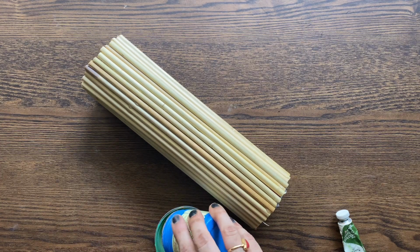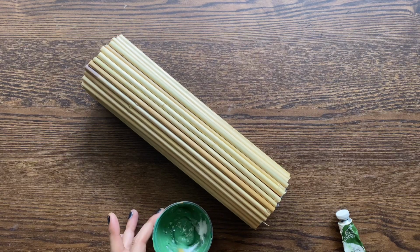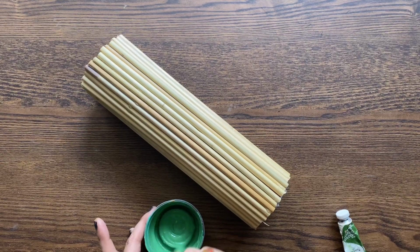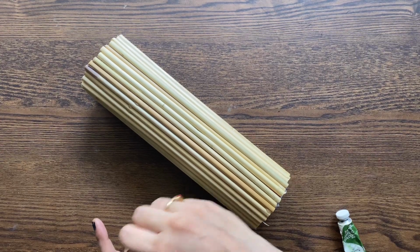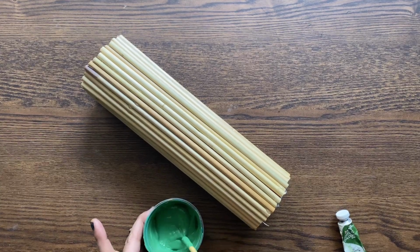And for the matte look, I'm going to add baking soda for a matte natural finish. I ended up giving this 2 coats and you really want to be thorough here, especially since there are a lot of pieces. So you want to apply it to every single spot. This trendy DIY project is so simple but has beautiful